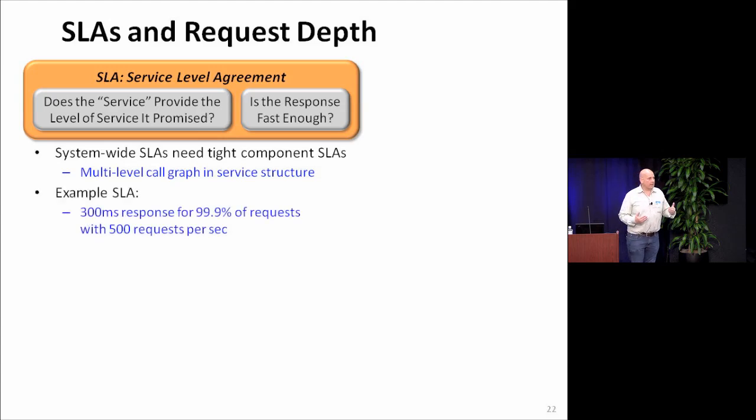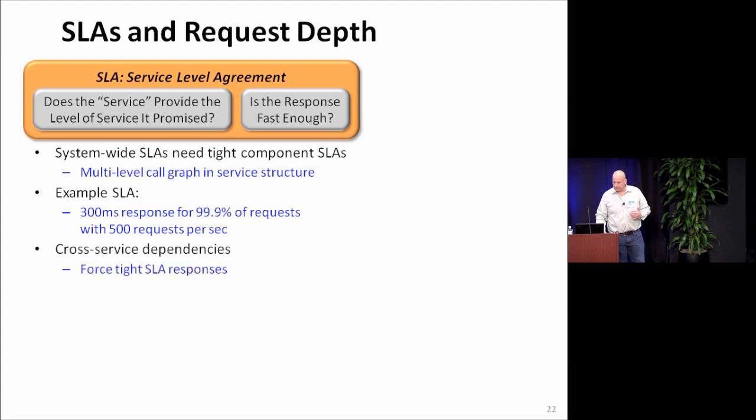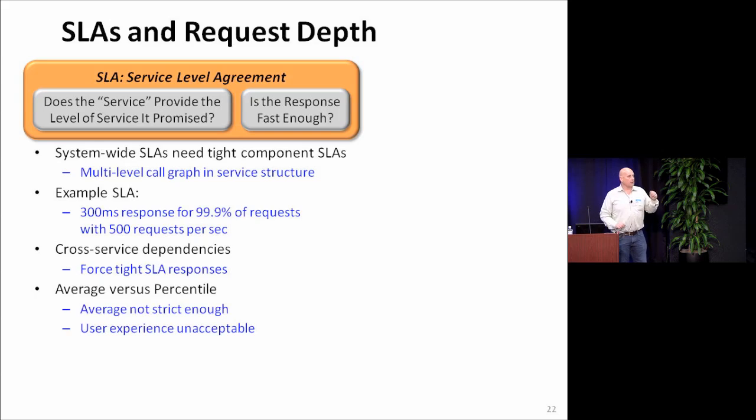So what do I mean by an SLA? An example SLA is 300 milliseconds, 99.9% of the time, assuming I've got a traffic load of 500 requests per second, which is piddly low, right? But you have a number of a request rate. And if I have cross-service dependencies, it gets even nastier. You always talk about percentile SLAs rather than average because average allows too much skew,